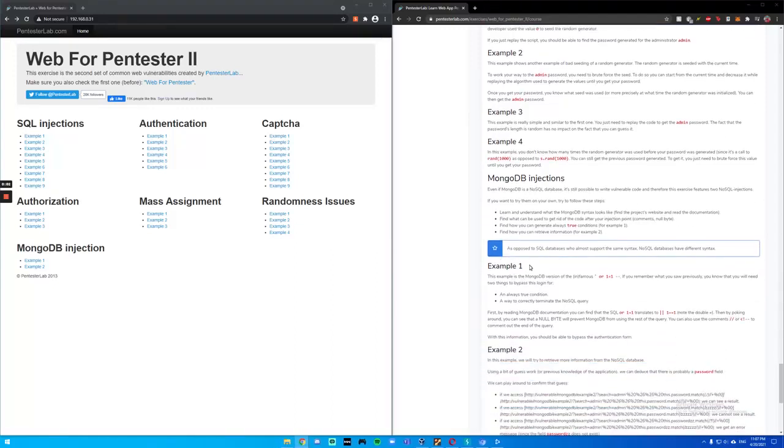Web for Pentester 2, MongoDB injections. Even though MongoDB is a NoSQL database, it's still possible to write vulnerable code, and therefore this exercise features 2 NoSQL injections. If you want to try them on your own, try to follow those steps that are displayed right there on the site. For example number 1, this example is the MongoDB version of the infamous quote or 1